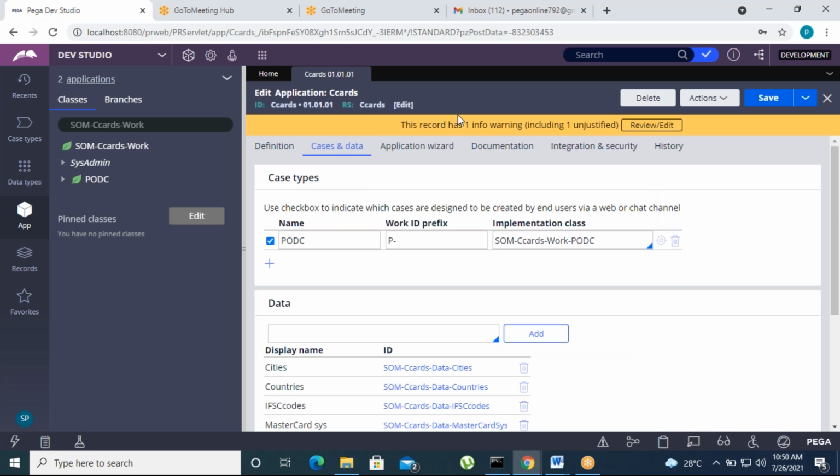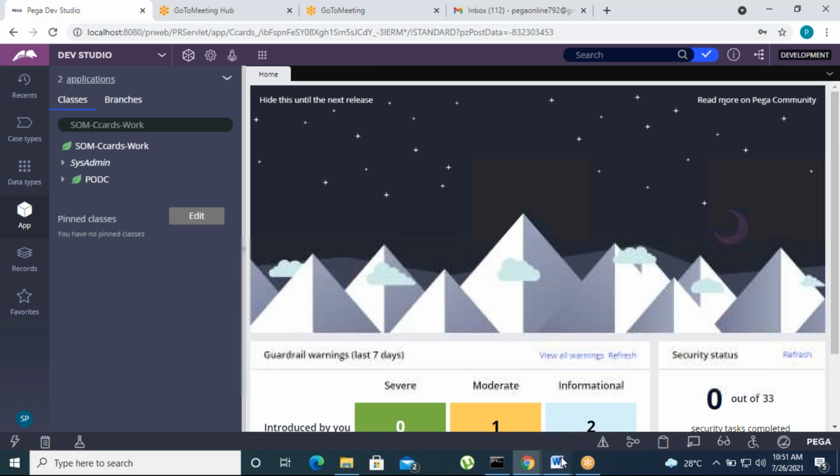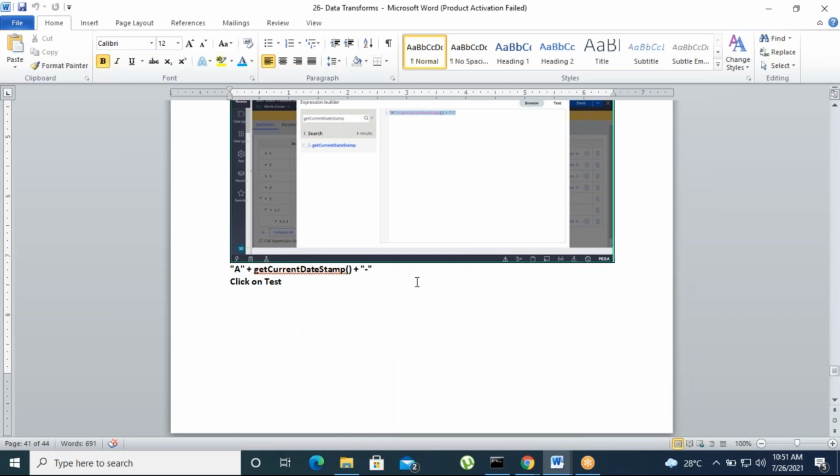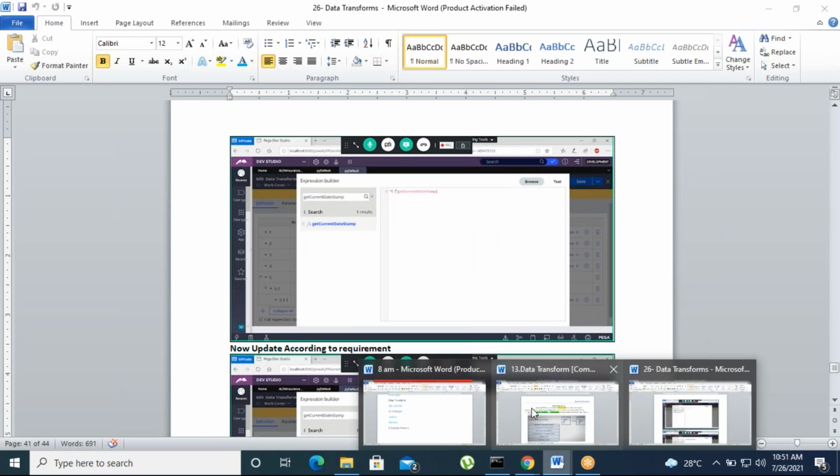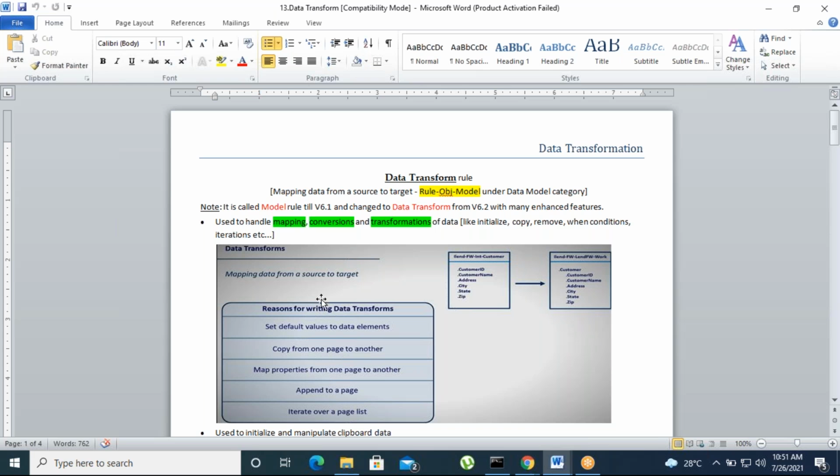So how to change the work status in a case only, I told you how to update the status based on the stages. Okay, so this is what we have about predefined data transforms.